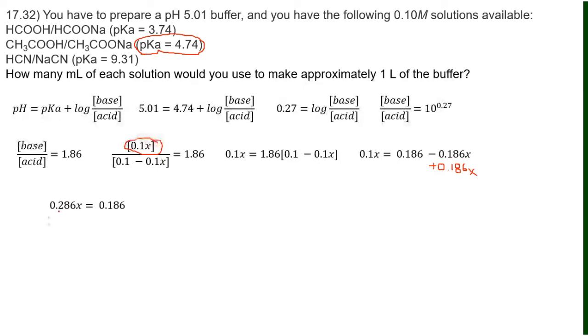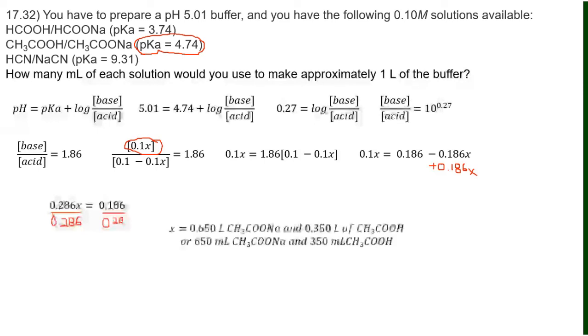So now we get 0.286x by adding the 0.186x across. Now all we need to do is divide by 0.286 to figure out what x is alone by itself. So divide both sides by 0.286, and we should see that x equals about